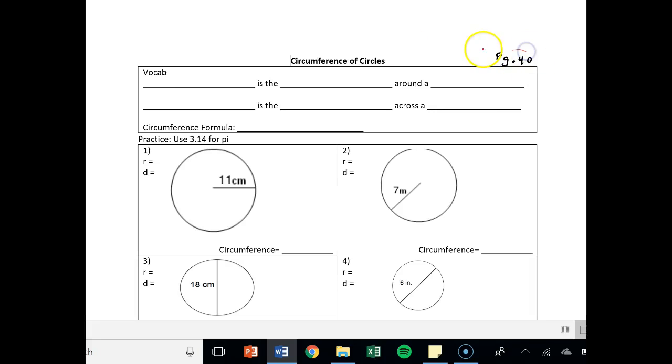Welcome to page 40 of your notes today. That is circumference of circles. So this should be pasted into page 40. Area of circles should be page 41. So circumference